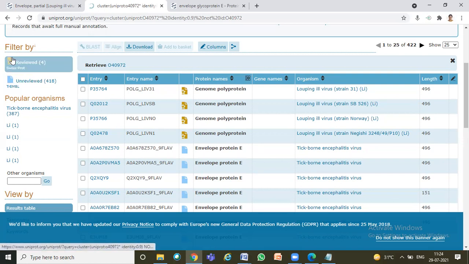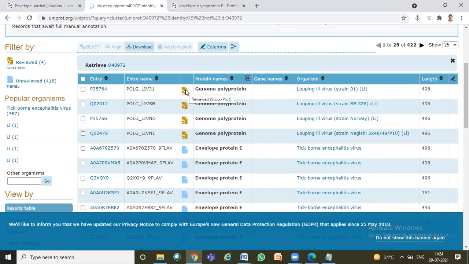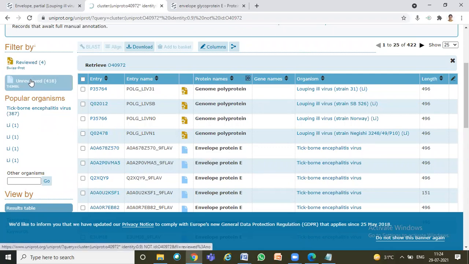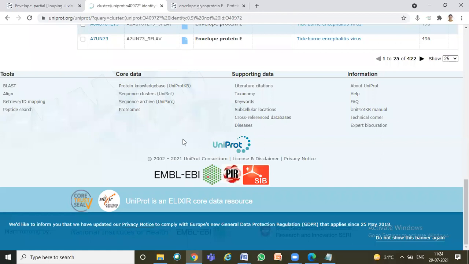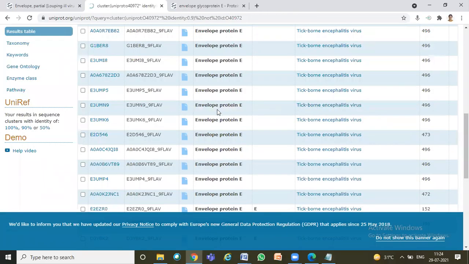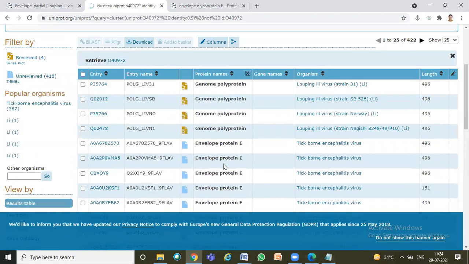So for your experiment, for your analysis, if you have this green dot information, you should always choose this information. If there is no other chance, then only you should go for this blue dot, because they are computationally derived, meaning automatically derived. They are not reviewed manually, right? Most of the sequences you have for different organisms are not reviewed manually, but here you have some reviewed sequences in your looping virus strain, right?